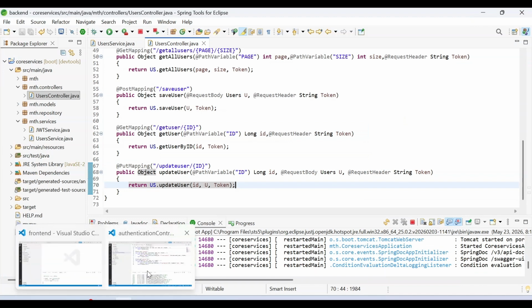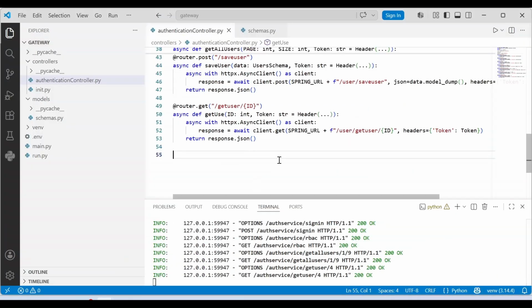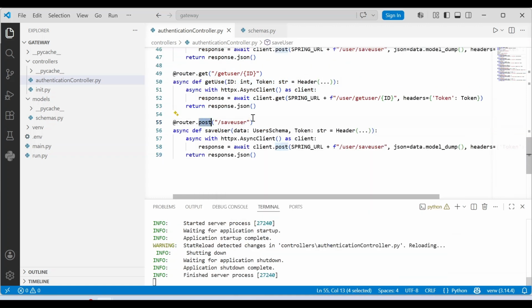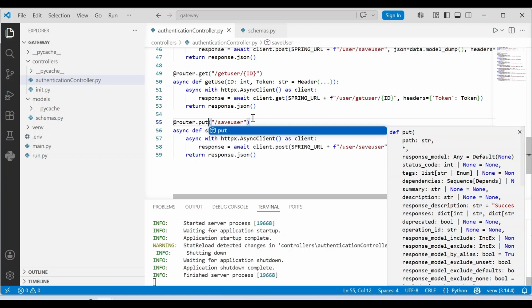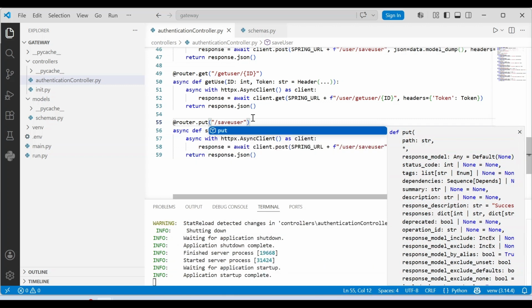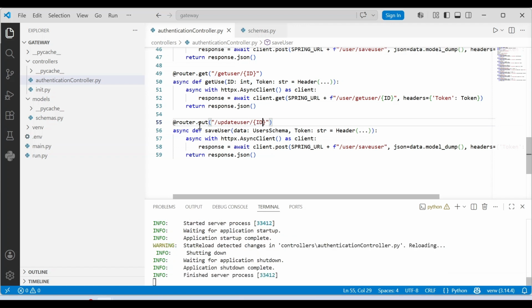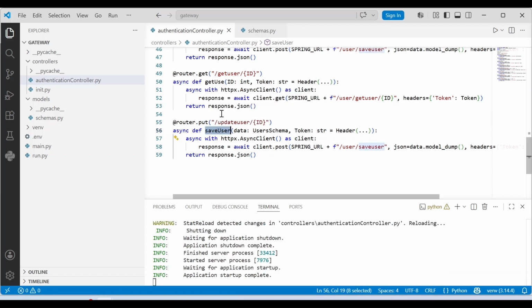Then go to the gateway project, create a new endpoint for update operation. We can copy the endpoint save user and paste it. Change the method name as put because in Spring Boot we use the annotation at the rate put mapping for update operation. And change the endpoint name as update user with the path variable id. Then change the method name or function name as update user